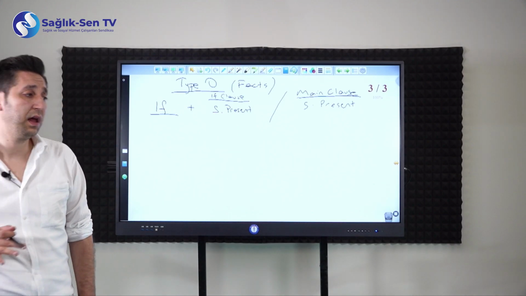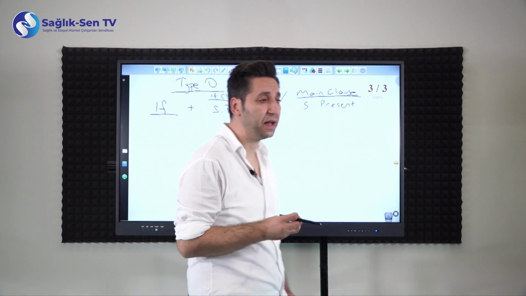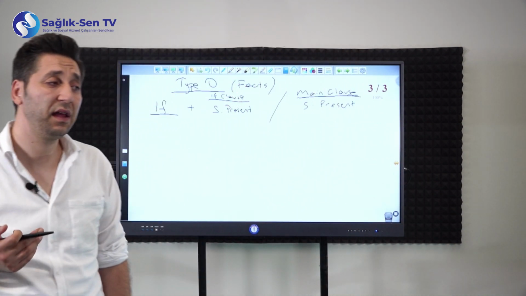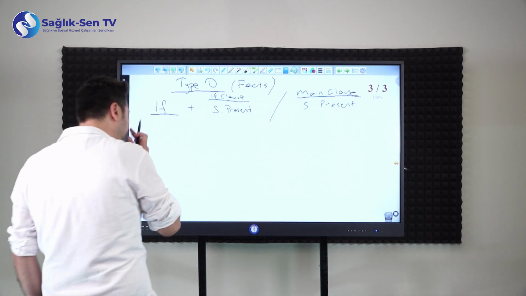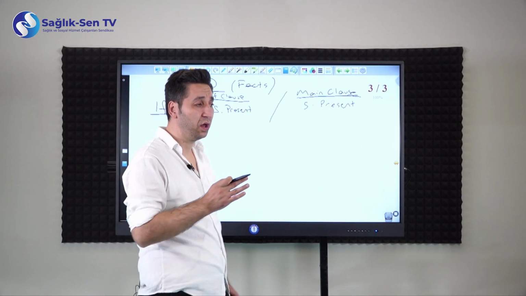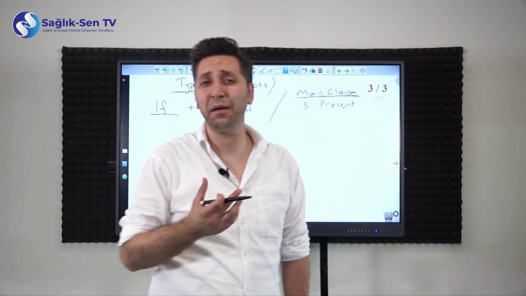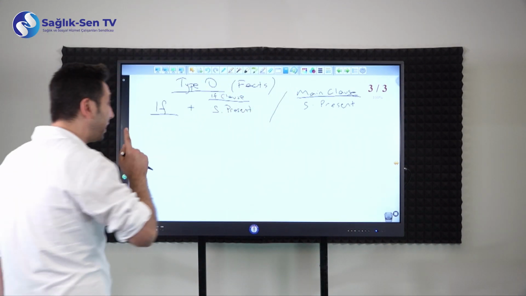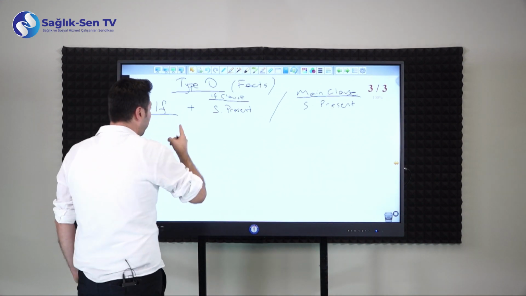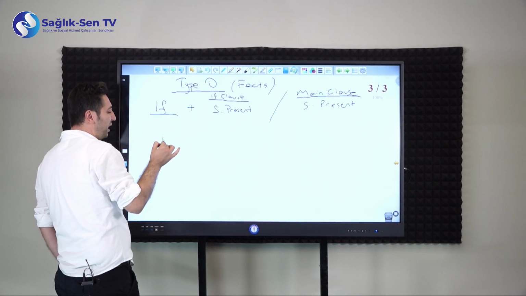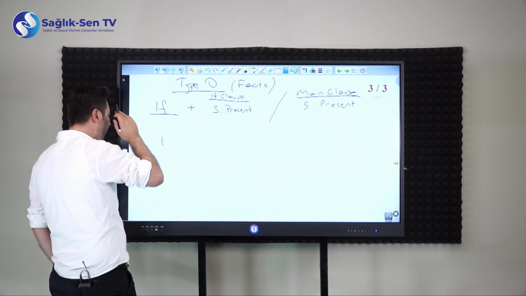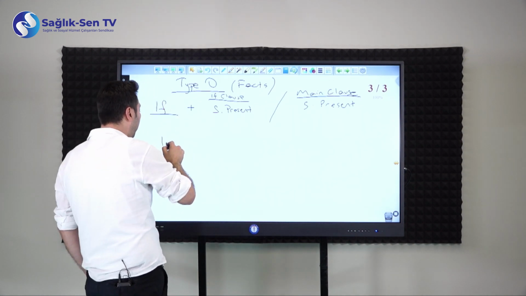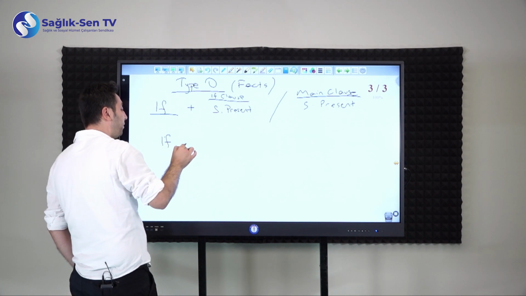If somebody proves that it's wrong, generally the scientist studies on the facts. If they prove it's wrong, we cannot use them by using the if clause type 1. Sorry, not type 1, type 0. We are talking about facts. It can be generally scientific. Firstly, I think about that one. So if